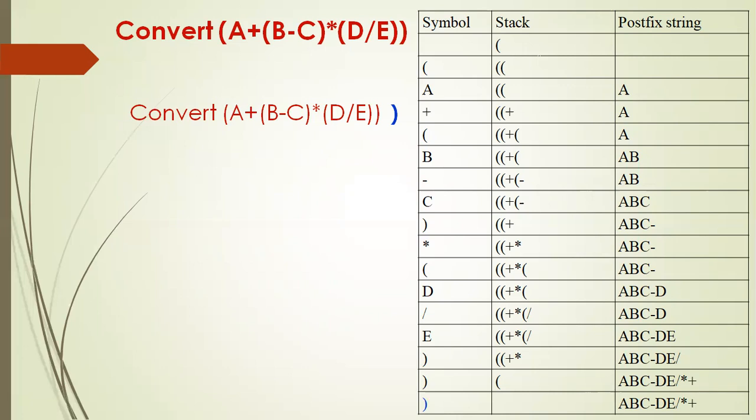But here, the original expression given in infix notation, you call it Q, and we have to get the equivalent expression called P. What you do here, you make a table of three columns. First column, symbols you are scanning one by one. Next column, the content of stack. And the last column is P or postfix string. The first step is push left parenthesis onto stack and equivalently add a right parenthesis at the end of Q.